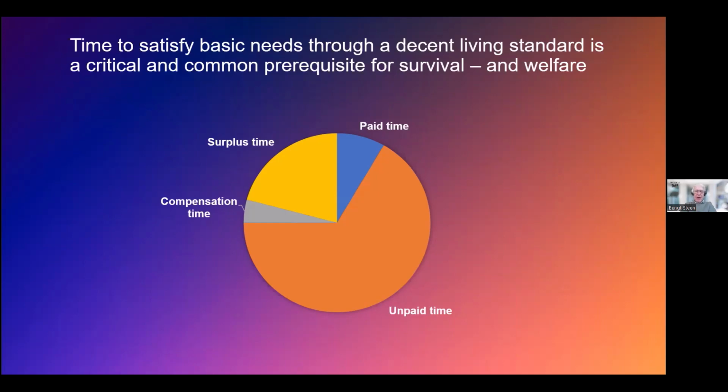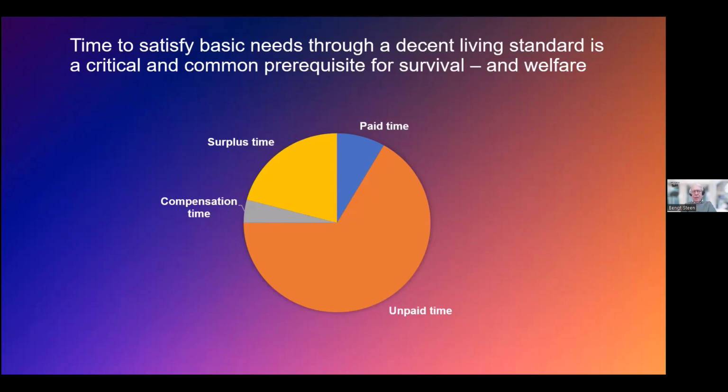The time you need is divided into three parts. That's paid time, the time you do work. Then there is unpaid time. For instance, paid time is time you have to work to get to buy food, and unpaid time is things like time you need to cook the food, to sleep, and do all these things.